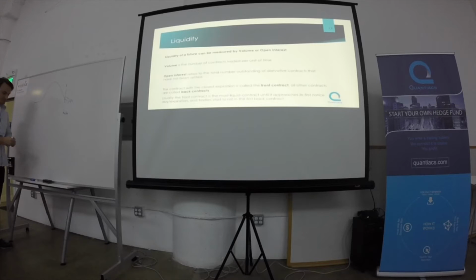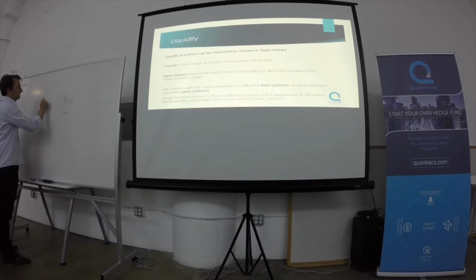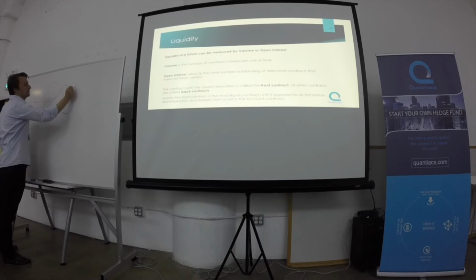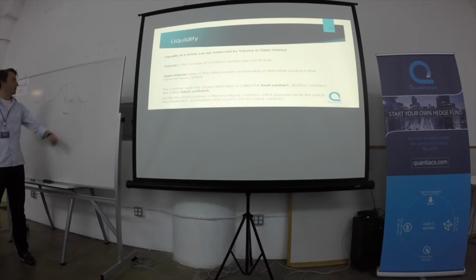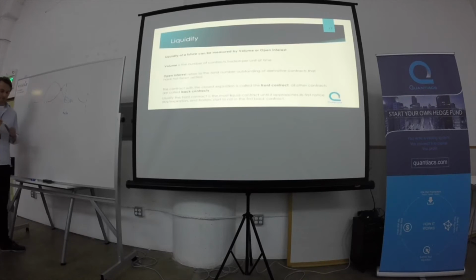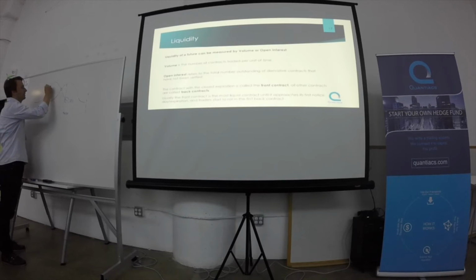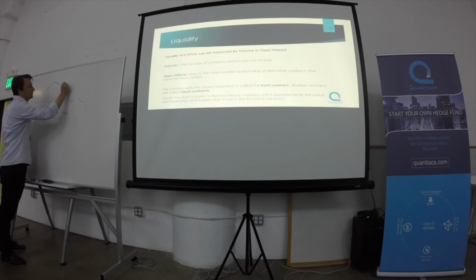And at some point, the first back contract that has the same open interest profile becomes more liquid than the front contract, because this back contract has its first notice last trading day 1 month later. So at this point here, where the open interests of both contracts cross, we roll into the first back contract. This is how it's done in production, because this way we are always in the most liquid contract as measured by open interest, which would be this.